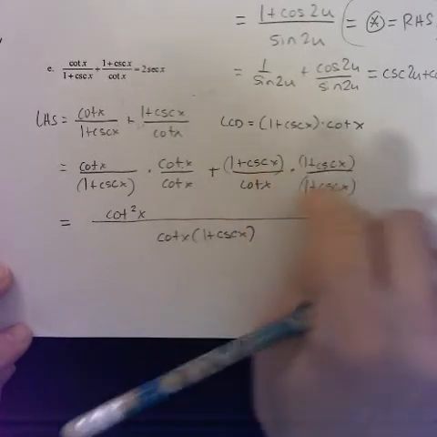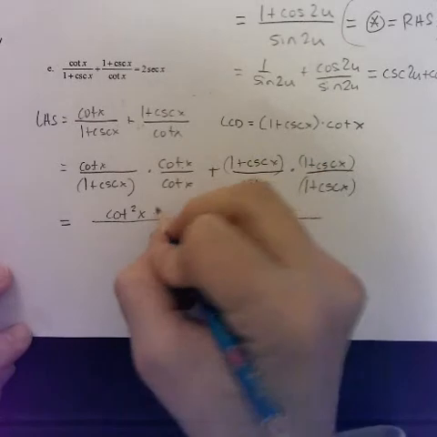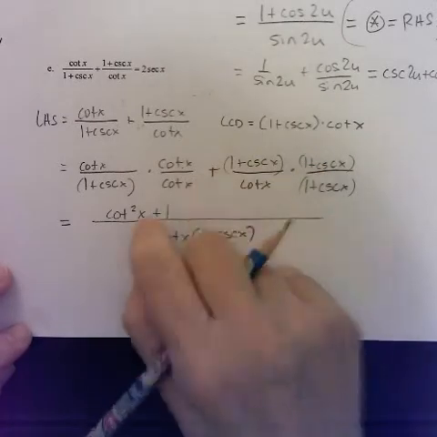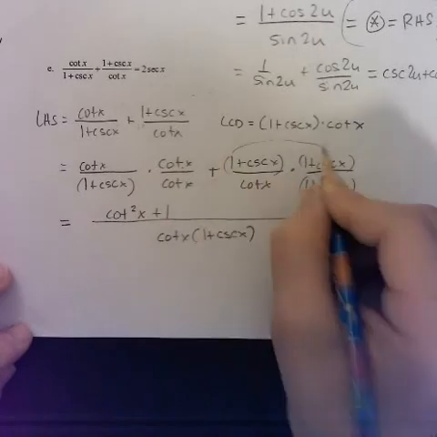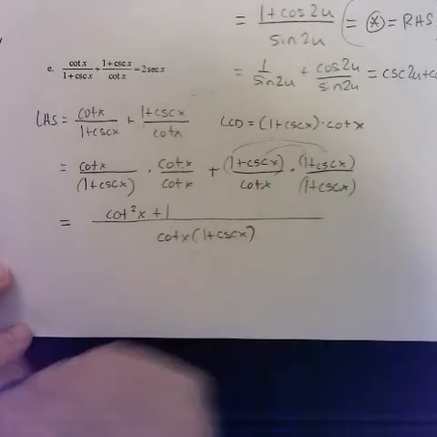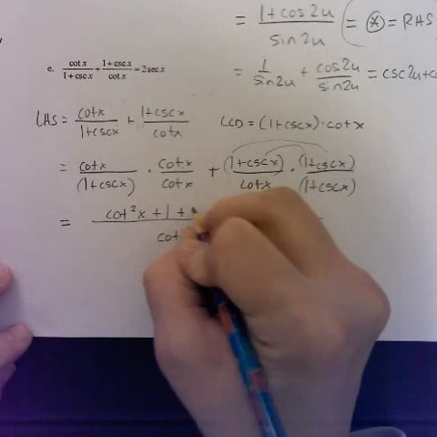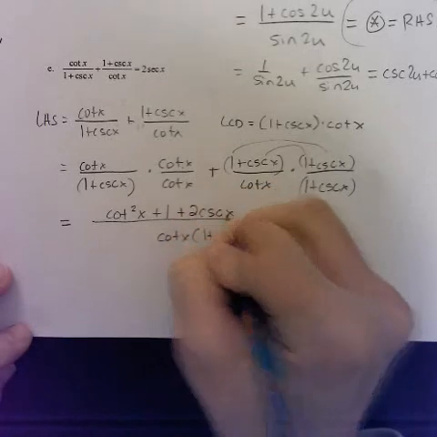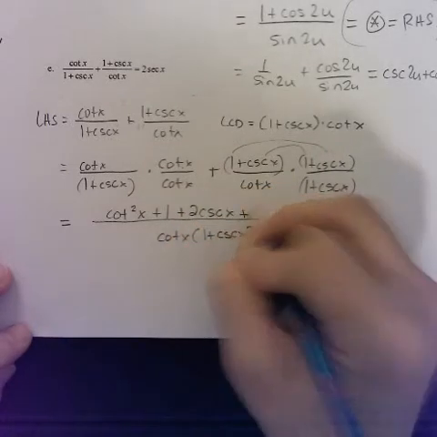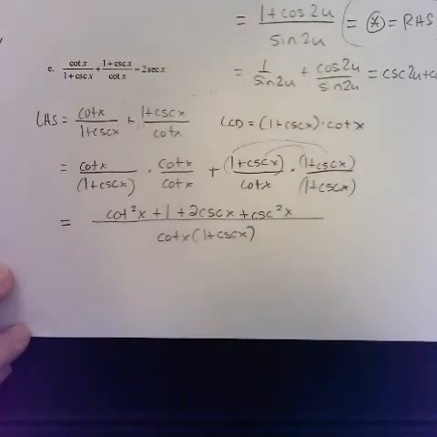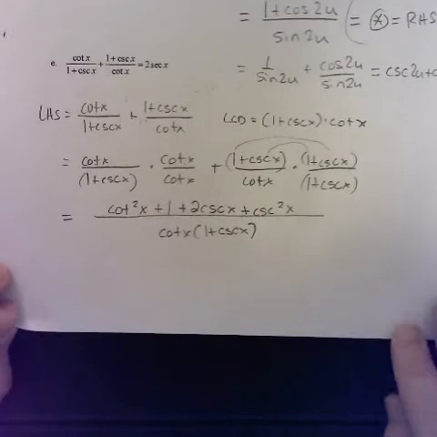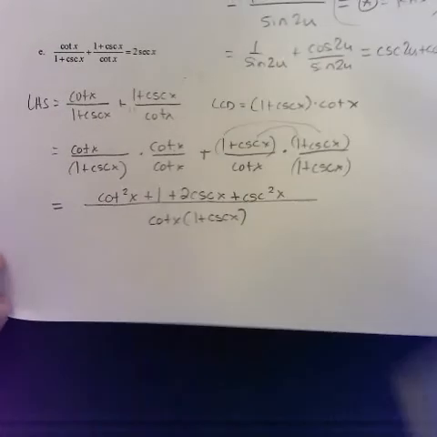So 1 times 1 is 1. And this is a plus, which is nice, so we can keep all of our signs. Then the outside 2 give me cosecant x, and the inside 2 give me cosecant x. So I get plus 2 cosecant x plus cosecant x times cosecant x is cosecant squared x. All right. So the top looks pretty complicated, but